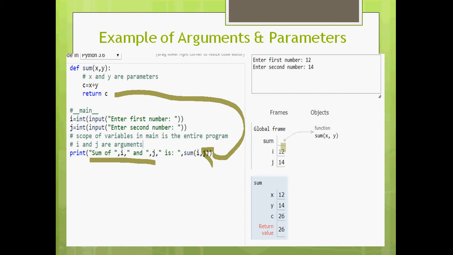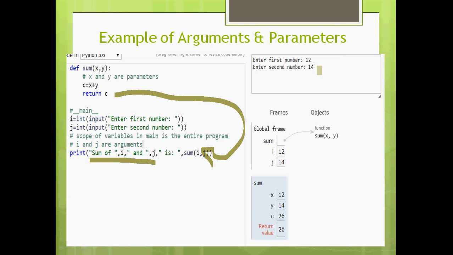So this is how the flow of execution works, and this particular program explains what arguments are and what parameters are. On the right side you can clearly see the two numbers received by the program.